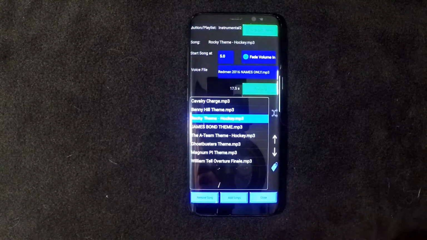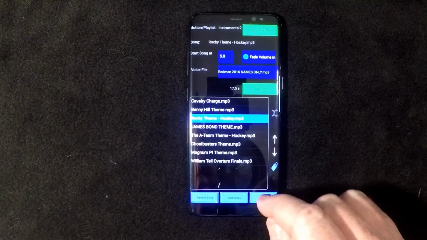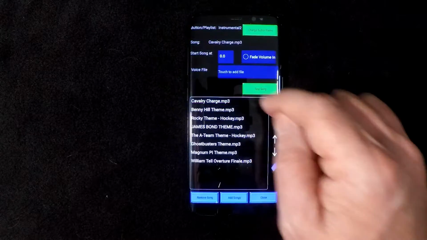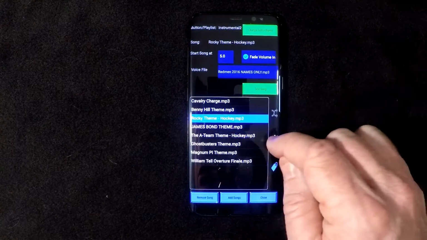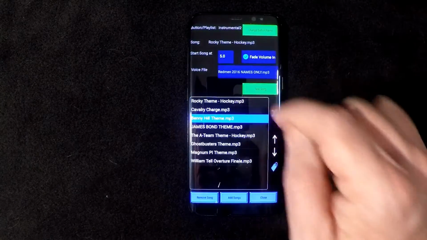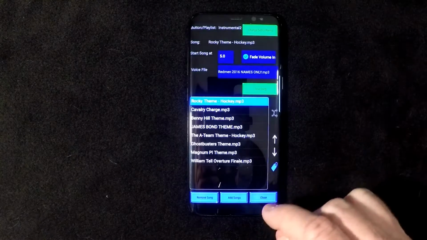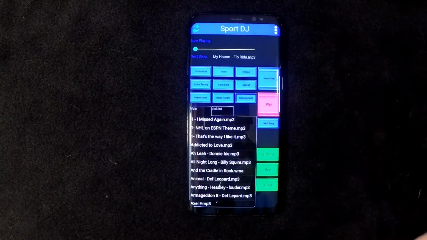So that gives you flexibility for the volume that you want to have for the voiceover file. So now whenever you click on that instrumental button, and it's the Rocky theme, let's move that up to the top. So we're going to move Rocky up to the top. So now this is the play order that they're going to play in. So now when we press the instrumental button,